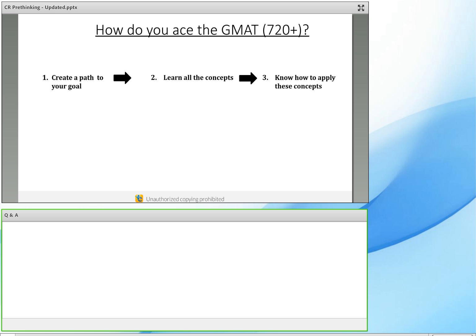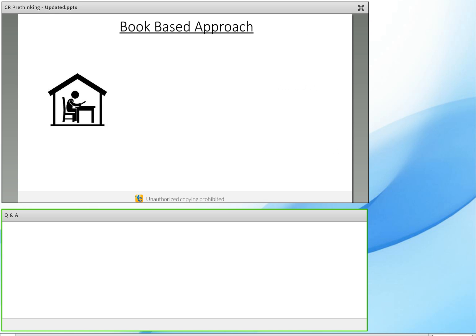Then you start working on those areas by learning the concepts and learning the application. And then you need to get so good at applying those concepts that you attain a level of mastery that puts you in that top 3, top 4 percentile of students. And you need to do this iteratively across all the areas that GMAT tests you on. Okay, and that leads to that 720 plus score. So let's see how a book-based approach tackles this problem. We're going to start with creating that study plan. When you study using books, you get a couple of templatized study plans, and you use one of those study plans to start studying for the GMAT.